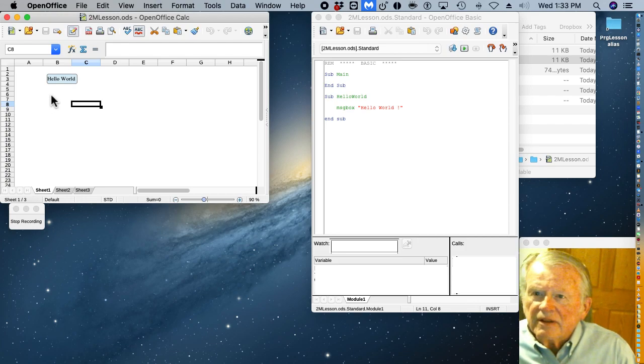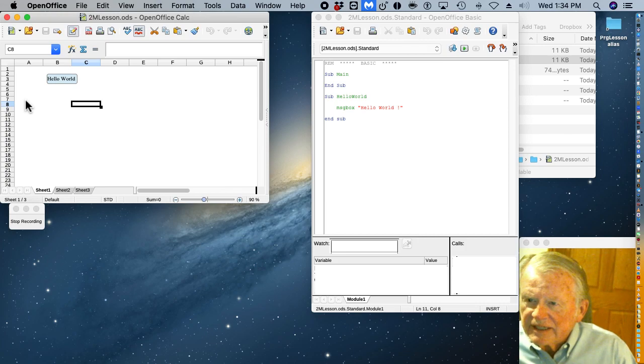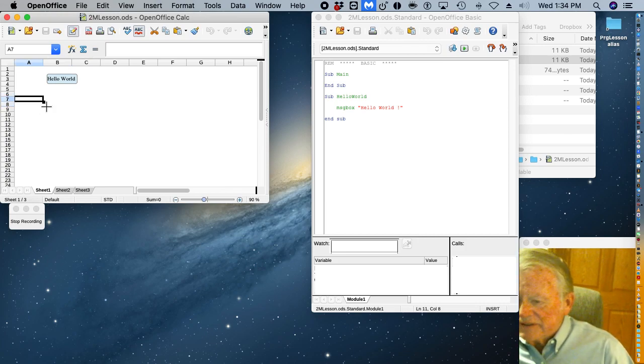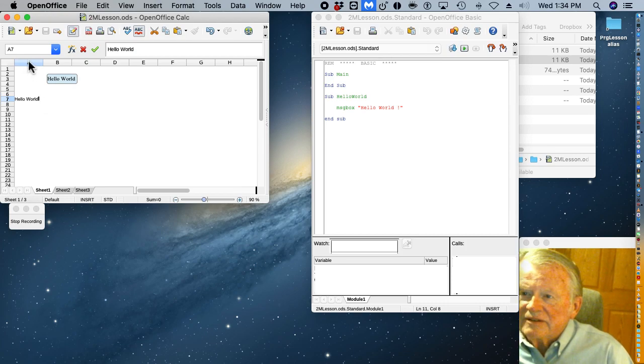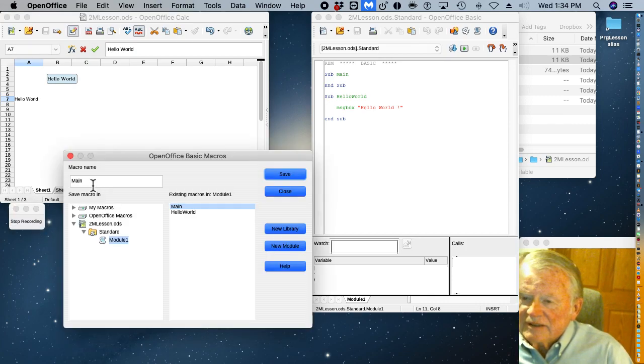So the macro recording is shown right here, stop recording. So I'm going to click on A7, and I'm going to type Hello World in field A7. And then I'm going to click stop recording, and I'm going to call this